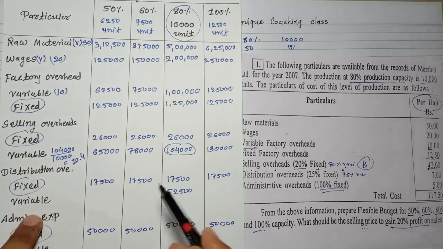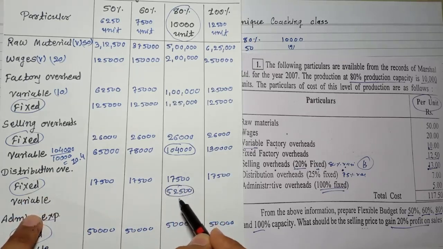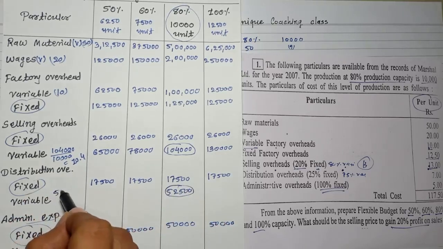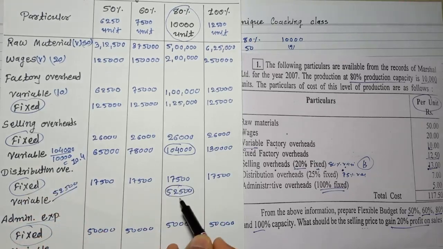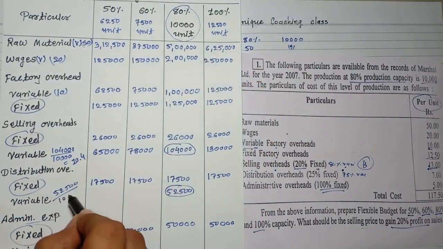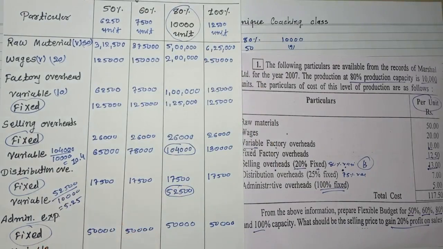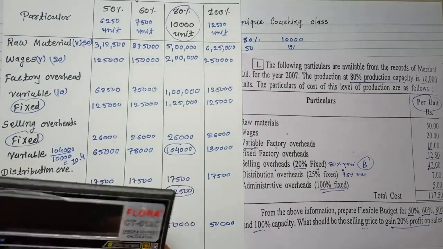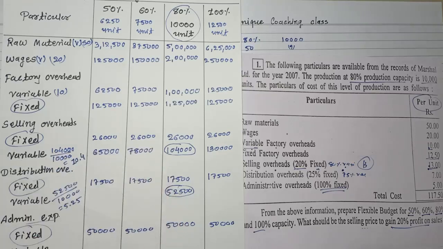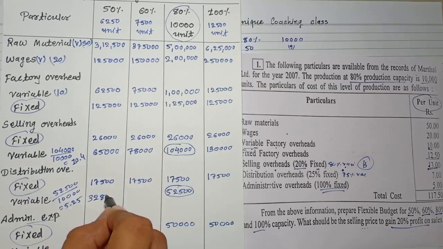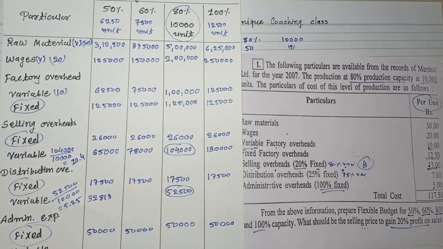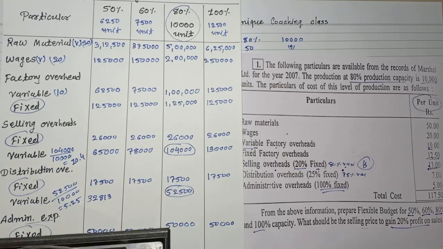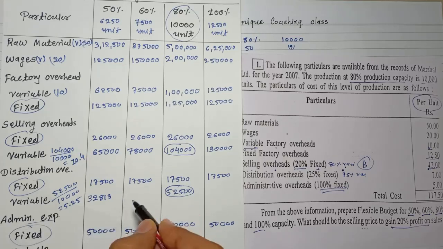Distribution overheads variable is 52500. You have to find out per unit: 52500 and its unit is 10,000. So per unit 5.25. Okay, so 5.25 into unit 6250. After the decimal point we can round off, 32813. Okay, then 7500 times 5.25